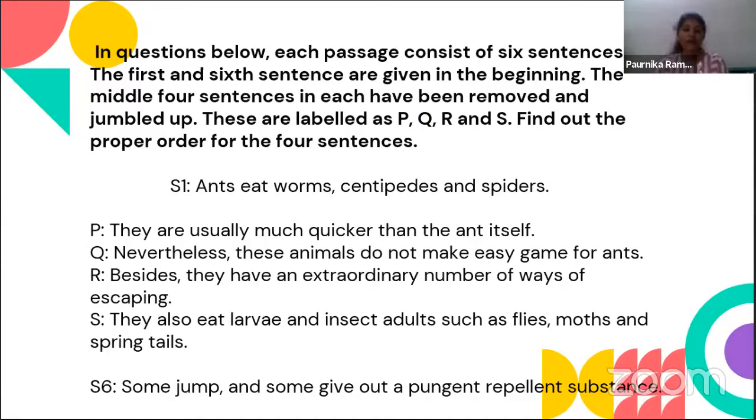Yeah, that would be the third sentence. So it would go in this sequential order. So S1, and then you'll have S. They also eat larvae. So how you should approach this question is that it is given that ants eat certain things. And the next, we have a sentence which also continues with ants eating something, right? So that would be the next sentence. This is how you have to approach the chain rule. Chain rule is not only there when it comes to mathematics, but also in English. So just chain the sentences and you'll have the right answers to the question.